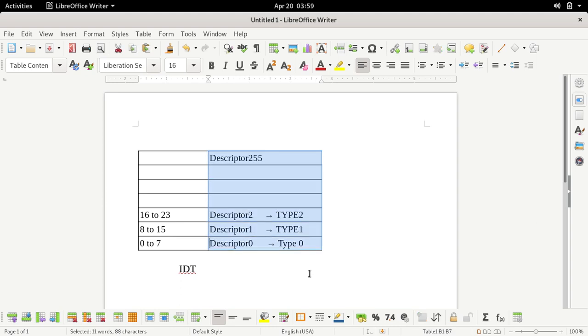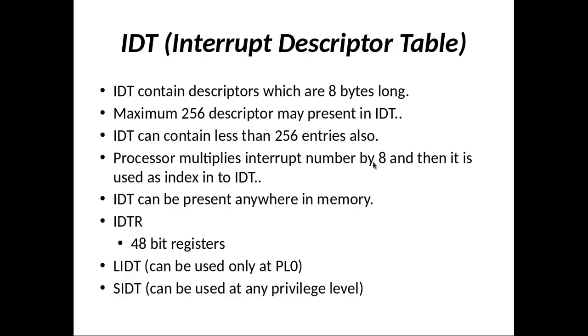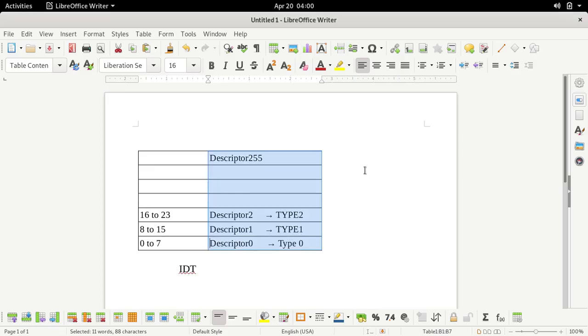What is the vector number of divide by 0 error? 80386 knows that divide by 0 error has vector number 0. So 80386 will multiply that vector number by 8. In this case 0 multiplied by 8 gives 0, so descriptor 0, which starts at offset address 0, will be selected.